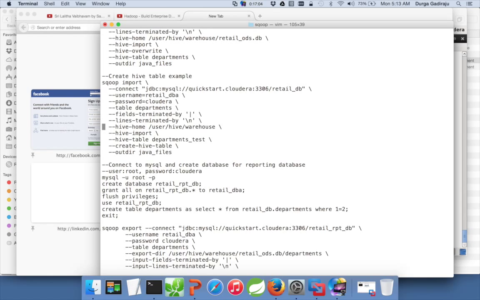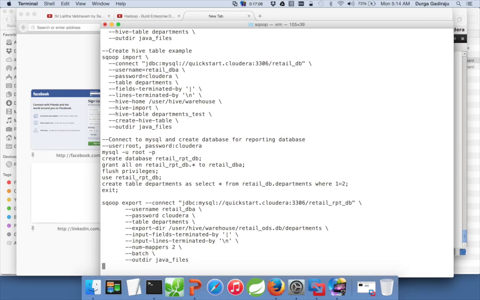Whereas Sqoop export only understands the HDFS directories. It cannot issue queries against Hive tables or any other logical structures that are created on top of HDFS data. It can only read files from HDFS. So it does not have as much flexibility as Sqoop import has. So it is pretty straightforward